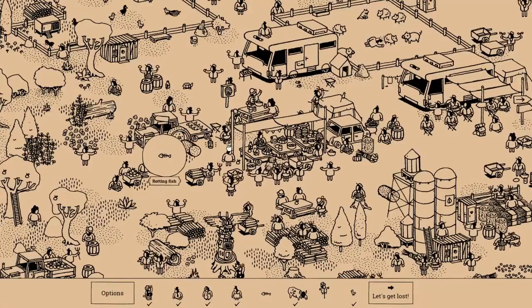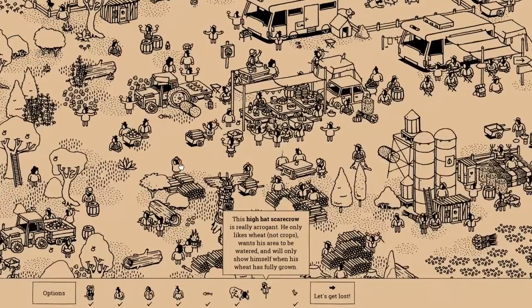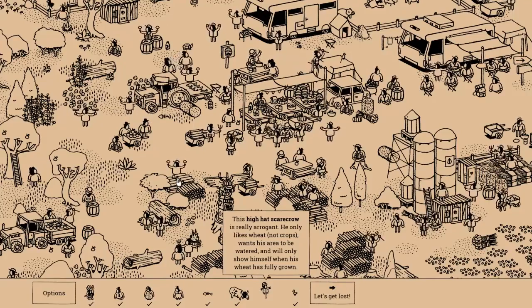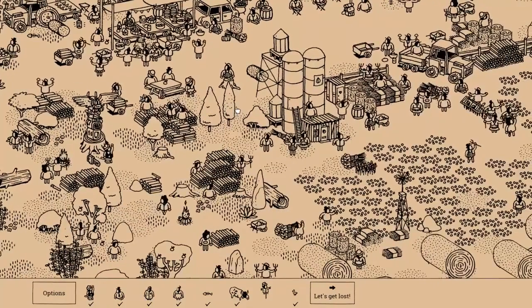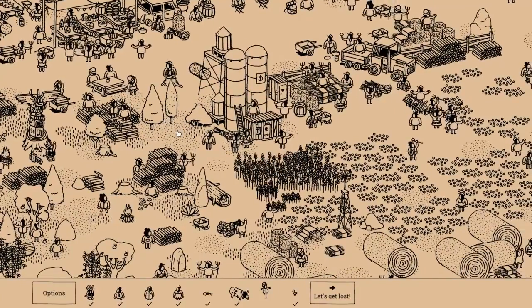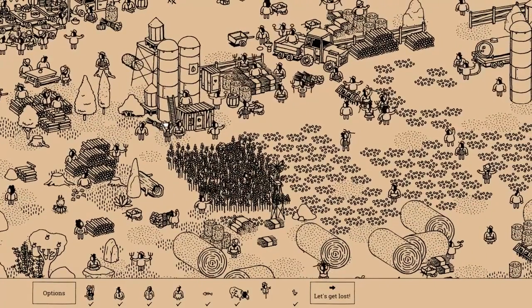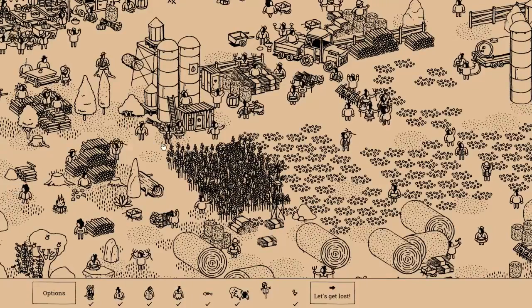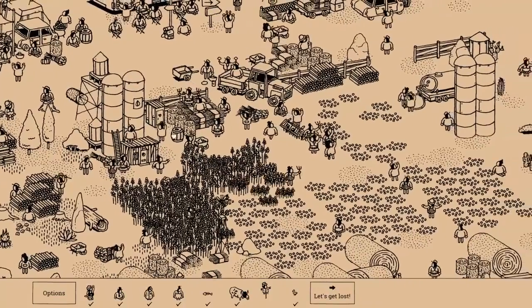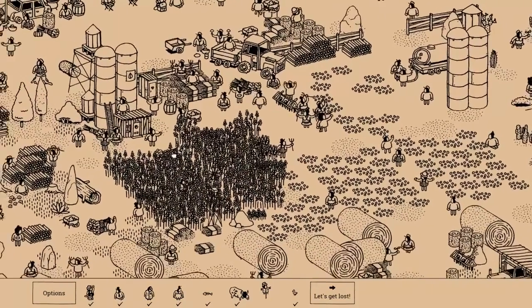Oh, yeah. Alright. This hi-hat scarecrow is really arrogant. He only likes wheat, not crops. Wants his area to be watered, and will only show himself when his wheat has full growth. Okay, so we've got to find a place where there's wheat. And we've got to grow the wheat. It looks like I'm already on it. That was an accident, actually. I thought these were flowers. Oh, there he is. No? Oh. Okay. So he's somewhere in here. I guess we'll know him by his arrogance. It did say he wouldn't show up until all of it was grown, so...